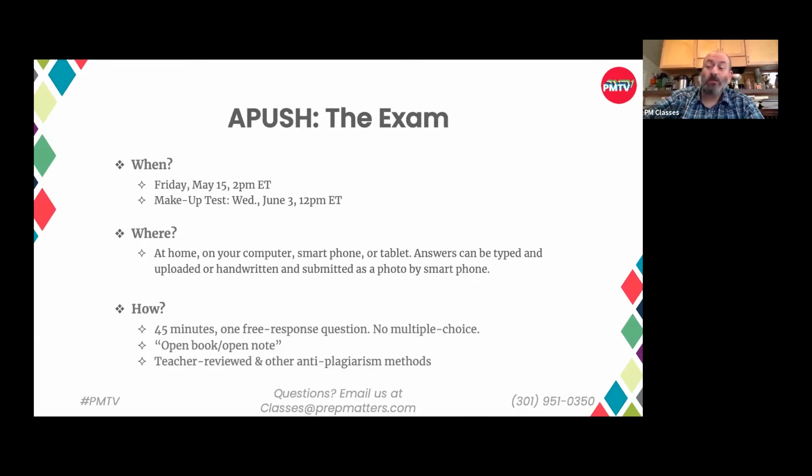The College Board will be using all sorts of digital security tools to prevent plagiarism, and they're also going to be submitting your answers to your teachers if you are in fact in an APUSH class, asking teachers to keep an eye out for any kinds of known inconsistencies if it just doesn't look like your work. It doesn't happen often, but as a former college professor dealing with plagiarism, it's not fun to deal with.